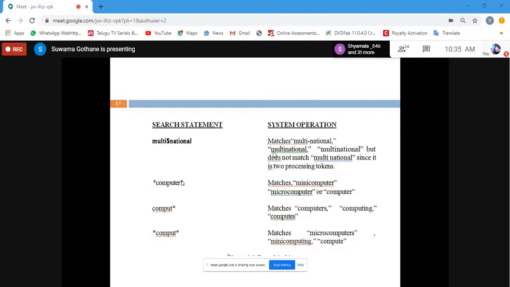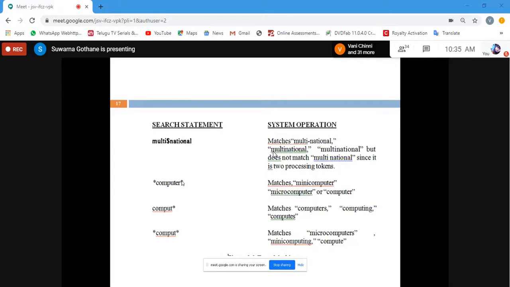The first one is the single position mask example, and the remaining three examples are associated with the variable length mask. So masking is the term in which we have two categories: single position mask and variable length mask.